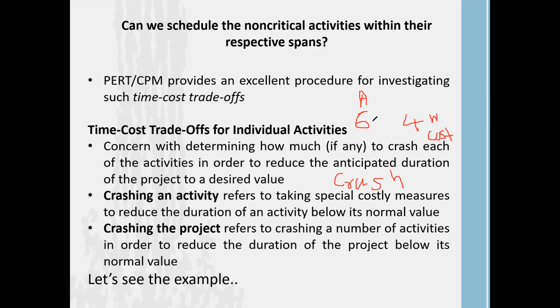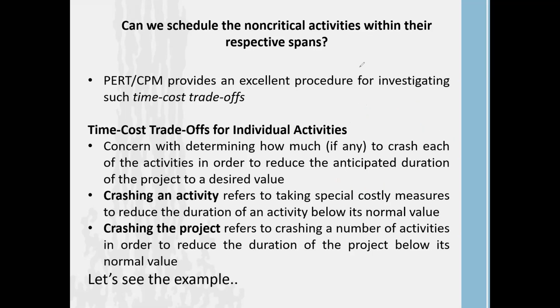Okay, so crash time means what time period we can reduce from this activity A. Whether it can be completed within 4 weeks or within 5 weeks. If it is completed within 4 weeks, the crash time period is 2 weeks. If it only gets to 5 weeks, then the crash time period is 1 week. So how do we consider crash time? Our original time and our expedite time. The difference between the original and expedite time gives you the crash time period.